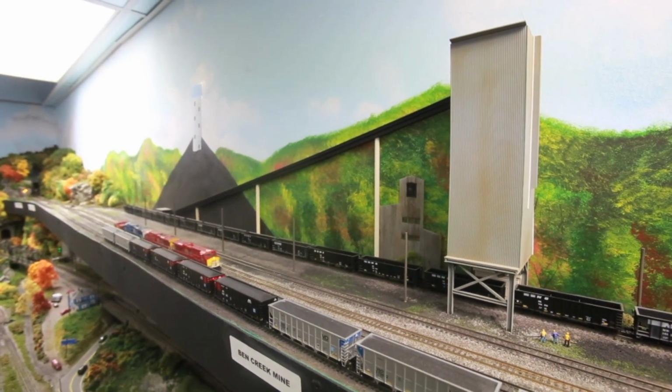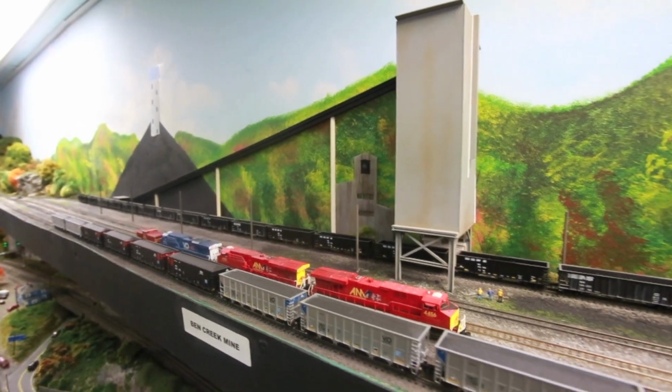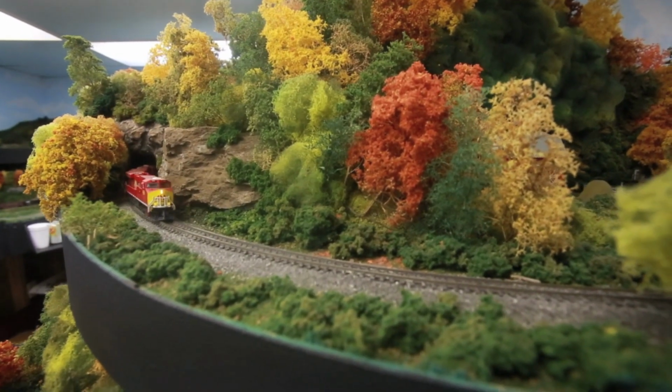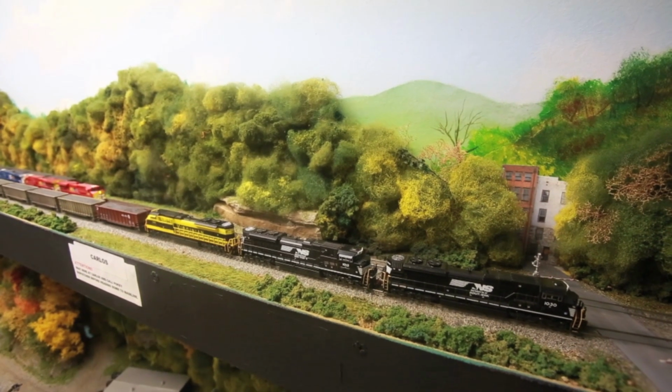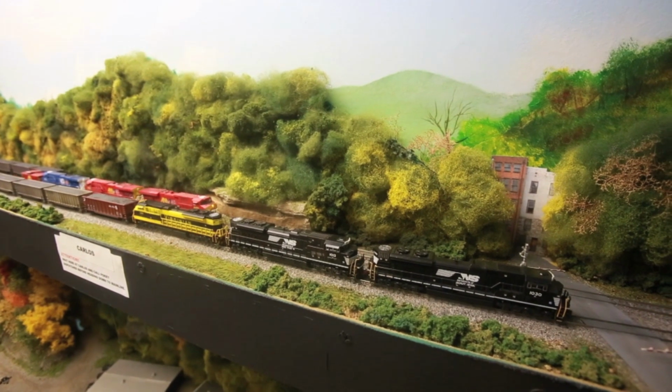Out of the junction for the Buck Number 2 comes into the big Bing Creek Mine. Bing Creek Mine is probably the biggest operating mine on the Dry Fork branch, which houses a lot of coal traffic. Going around the center peninsula, we added the Carlos siding. And Carlos siding is the longest siding as far as Kelly Yard siding on the layout,